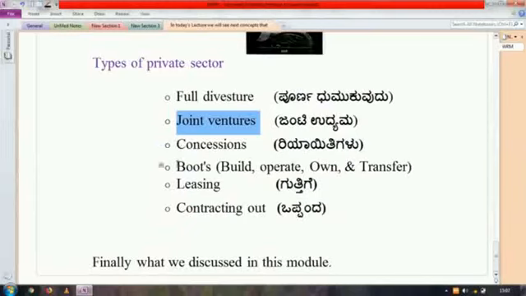Then the next one is BOOT: build, own, operate and transfer. This is a scheme where contractors are required for the construction of particular infrastructure projects, and where ownership is handed over to a public organization after a specified number of years. This kind of activity comes with its own risks. That means they need to build it, operate it, and survive it for the designed period, and then finally they may transfer the scheme also.